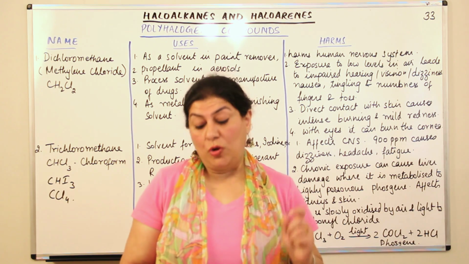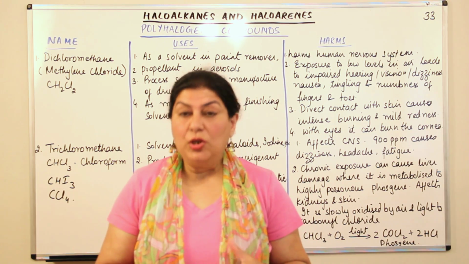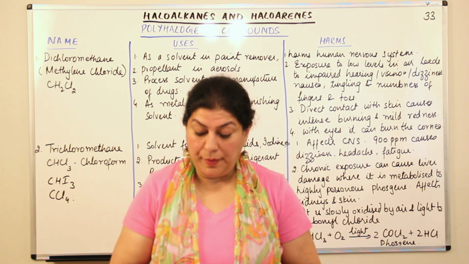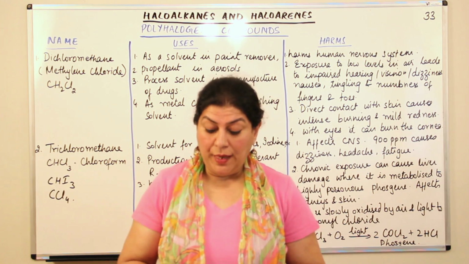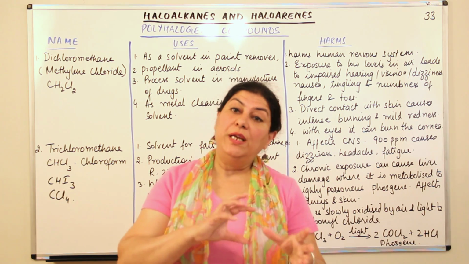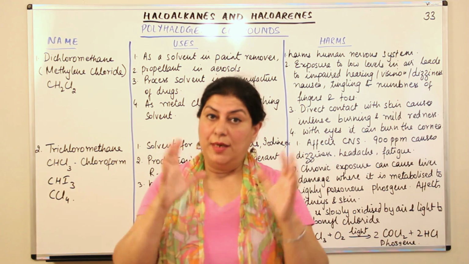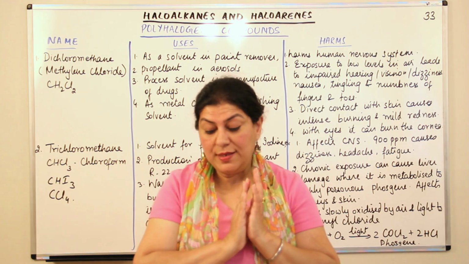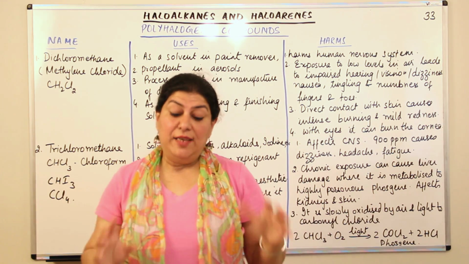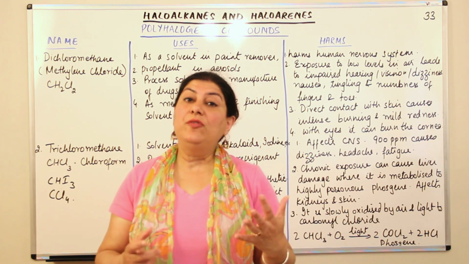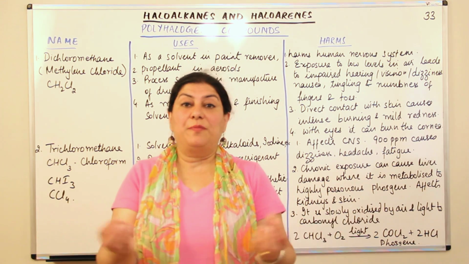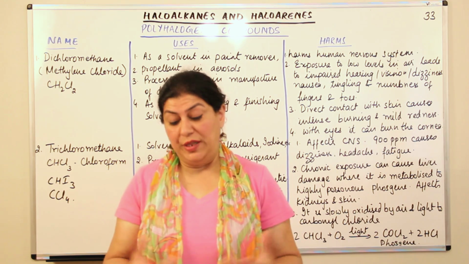So let's now talk about freons. The chlorofluorocarbon compounds of methane and ethane are collectively known as freons. Those compounds in which chlorine and fluorine both are present together are known as freons, and they should be the compounds of just methane and ethane. That is, the hydrogens of methane and ethane, if they are substituted with chlorine and fluorine, they result in the